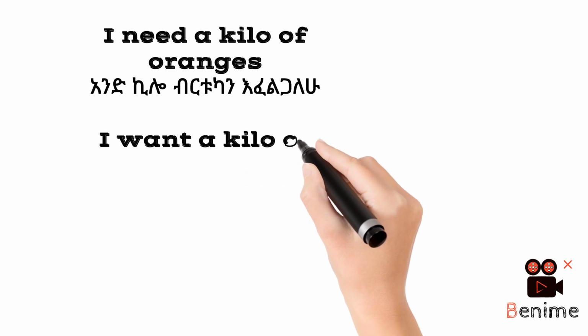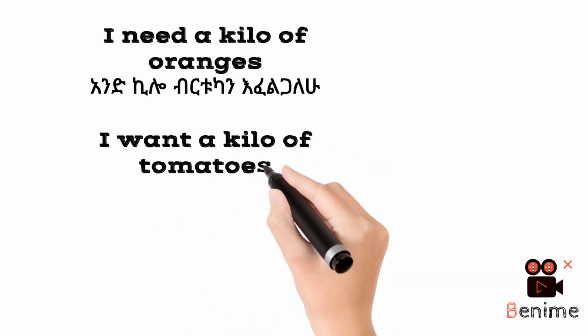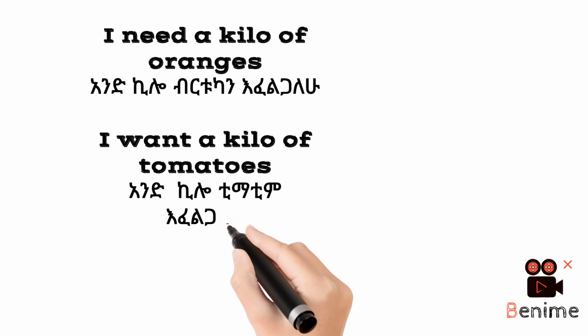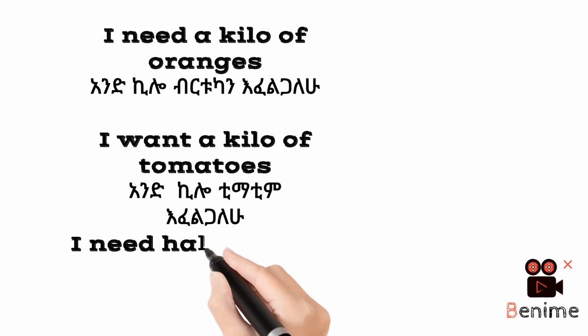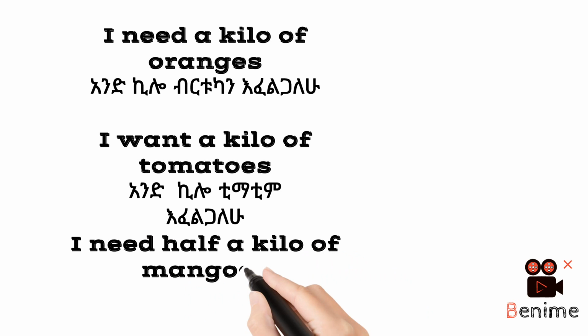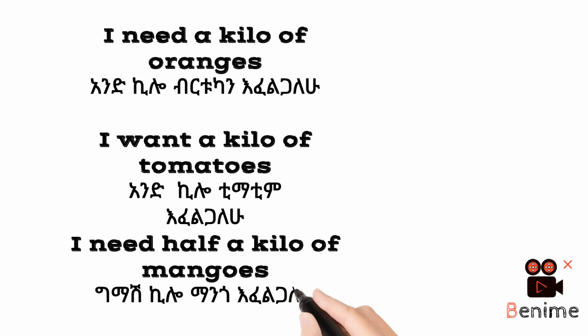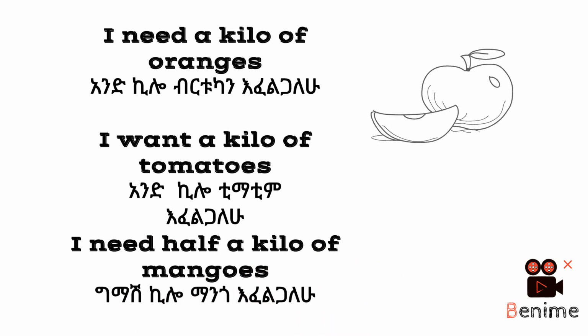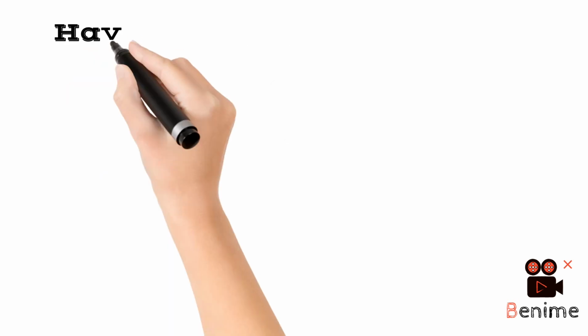I want a kilo of tomatoes. አንድ ኪሎ ቲማቲም እፈልጋለሁ። I need half a kilo of mangoes. ግማሽ ኪሎ ማንጎ እፈልጋለሁ። I need a kilo of oranges. አንድ ኪሎ ብርቱካን እፈልጋለሁ። I want a kilo of tomatoes. አንድ ኪሎ ቲማቲም እፈልጋለሁ። I need half a kilo of mangoes. ግማሽ ኪሎ ማንጎ እፈልጋለሁ።